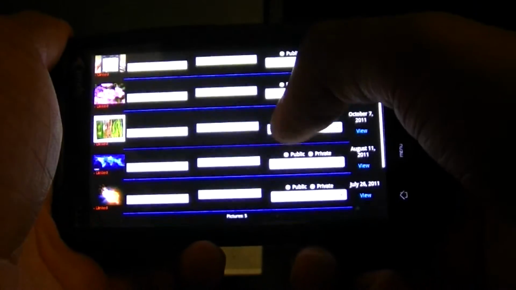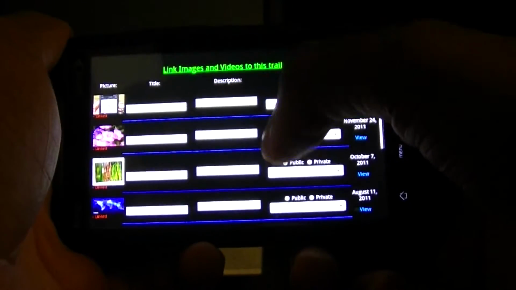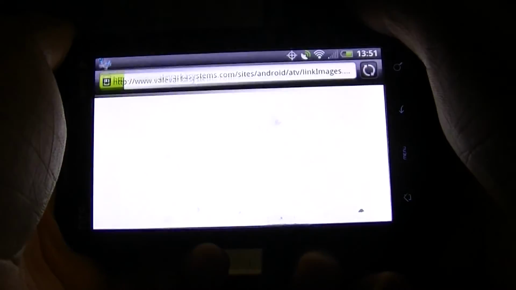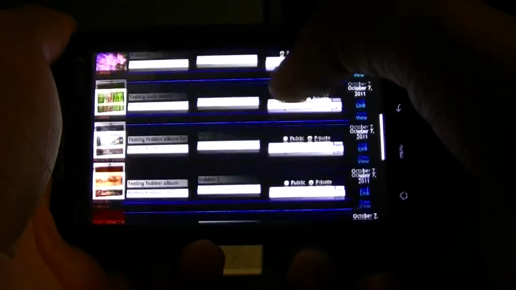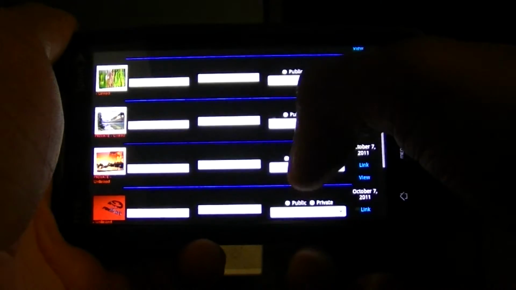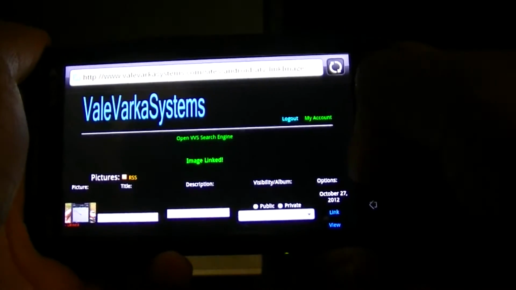So first I'm going to go ahead and link a picture to this area. We have 5 of them. I'm going to link a new one. Let's see, which one should I check? Okay, this orange picture right here, I'm going to go ahead and link that to that trail. And once that is linked,